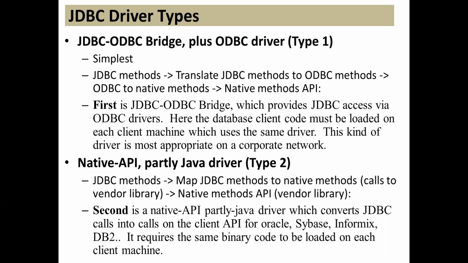Whatever the API you connect to, the native API requires the same binary code to be loaded on each client machine. So JDBC methods map to native methods, we can call the vendor library, and that vendor library will act on the native methods of the API. So this is the second type of